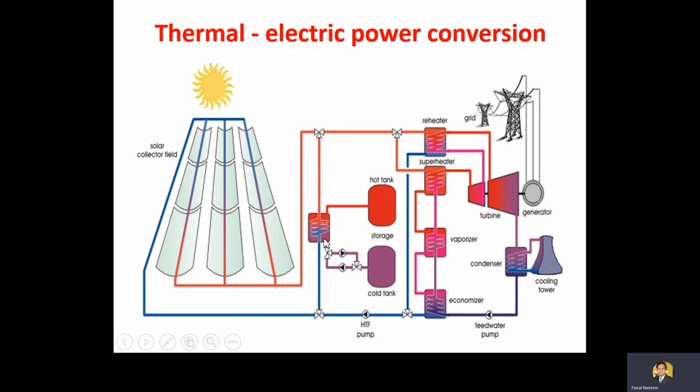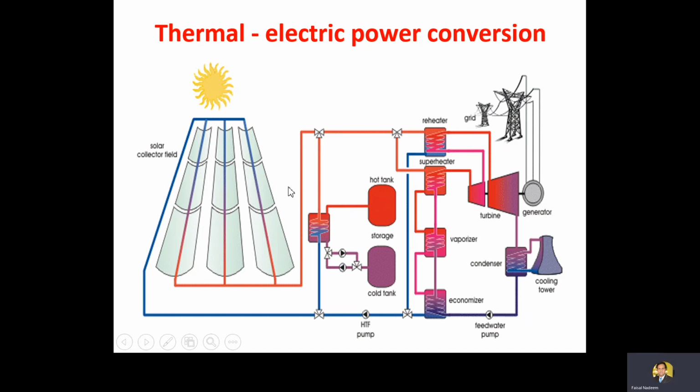Here, this is a heat exchanger, and this is a hot tank, and this is the cold tank. And this hot tank and cold tank, they are introduced here for the storage purpose. And for which storage purpose? For the molten salt storage purpose. And why are they storing this? Because whenever the sun is available, we have the amount of energy produced more than our requirement. So the amount of energy that is produced here is then stored in the hot tank.